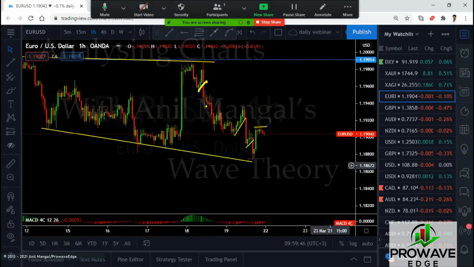If this is a sell, and if this is a sell, and if this is a sell, and this is a sell, this one is a break even, that is a sell. This is a buy. It's a buy forming right now. But do we know that this will be a buy?